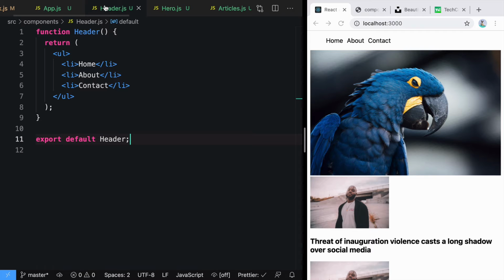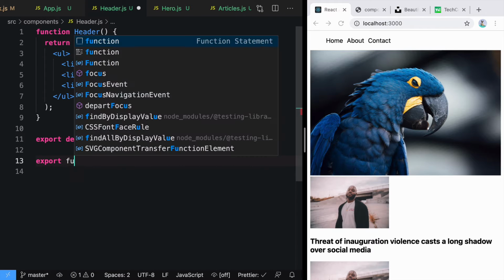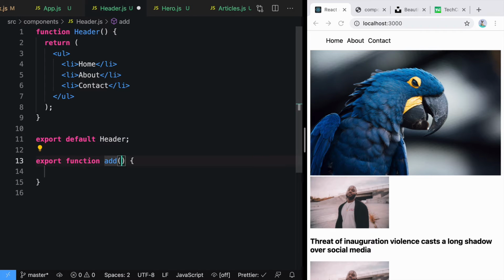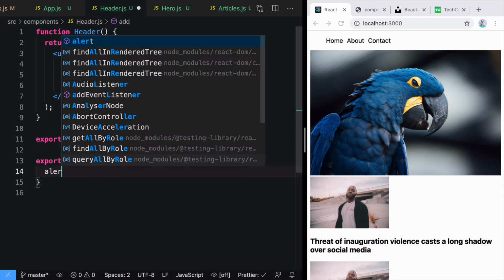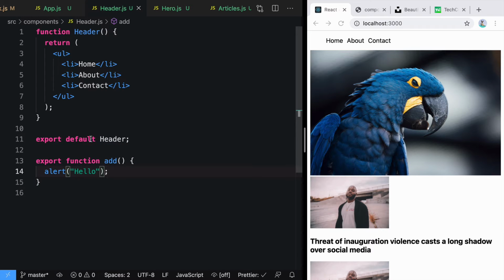One important thing to notice about import and export is that you can only default export one function or variable from one file. So here you can only export default one function, but you can also export multiple things. What if I want to export another function? We'll say export another function named add, and whenever that gets called, just alert hello. So this is the default export from the header file, but this one is just an export. You should think of it as, this is the default, but this will go as an object.